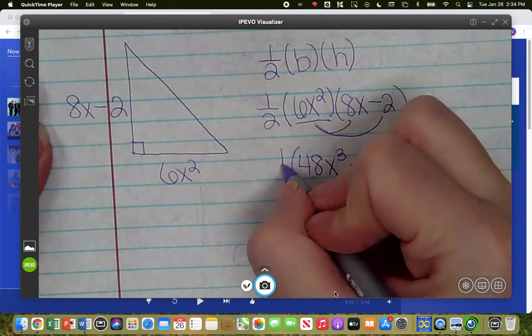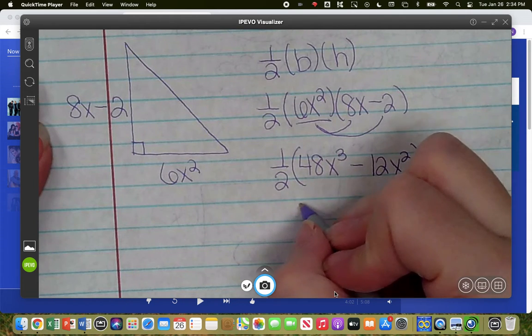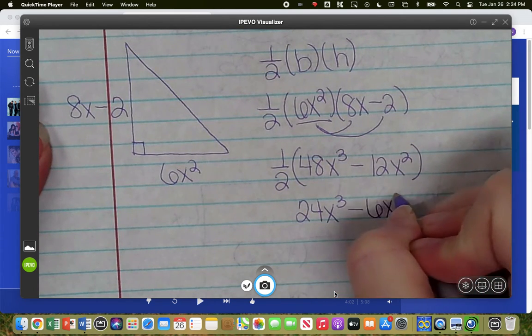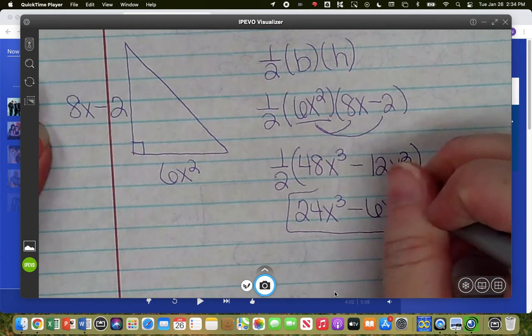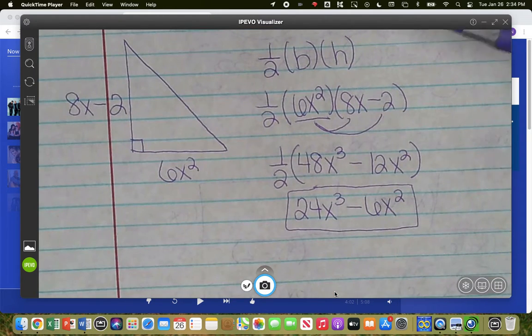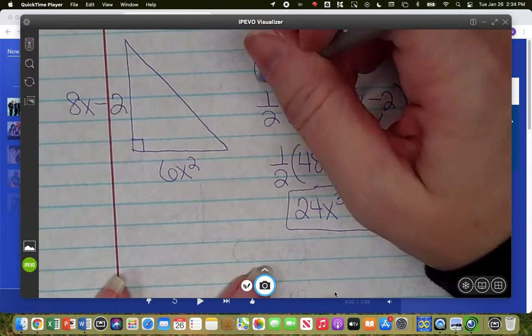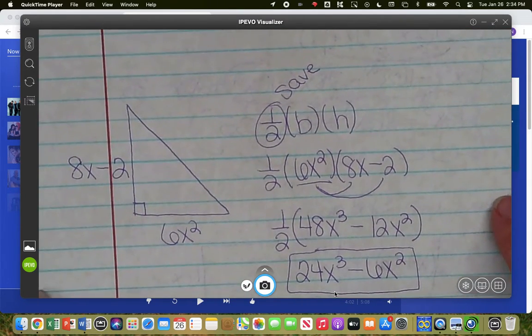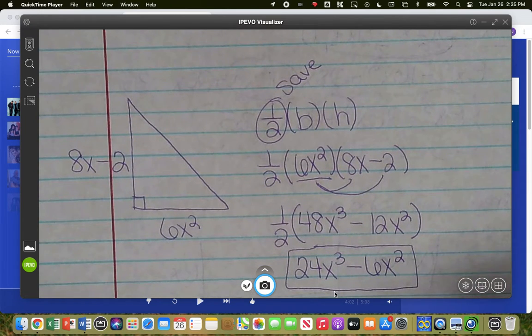But then I'm going to take half of all of that. So that would be 24x cubed minus 6x squared. So we always do base times height first, and then I always save the 1/2 for the end, because sometimes not everything can be taken half of, and then it kind of just makes it messy whenever you have fractions